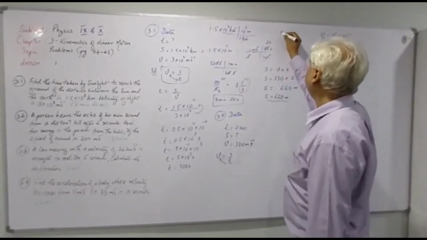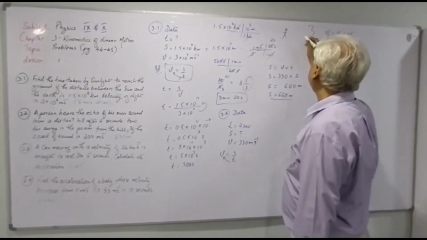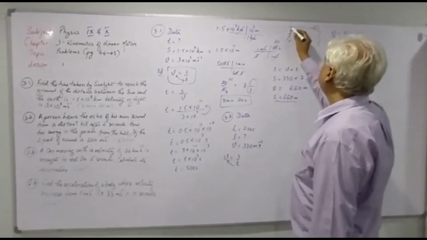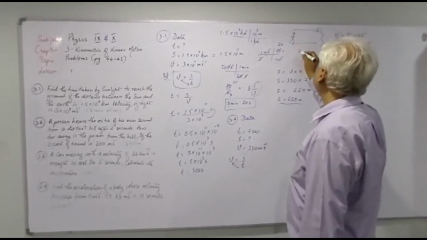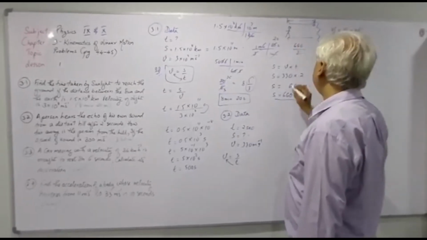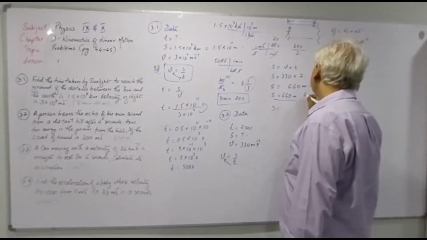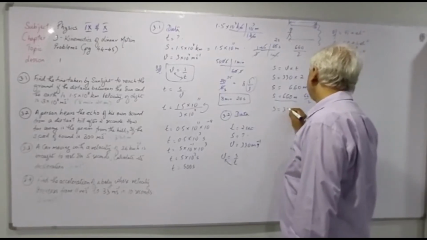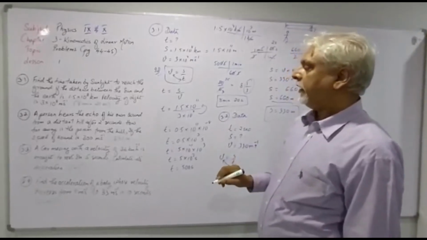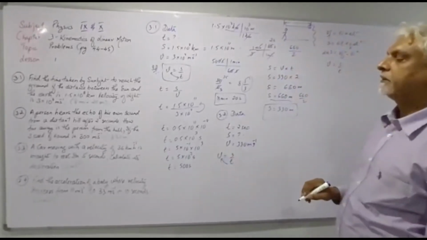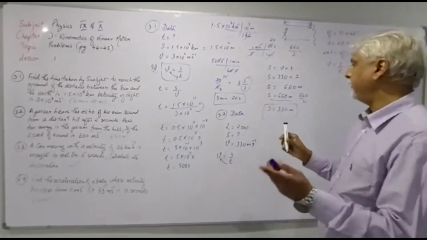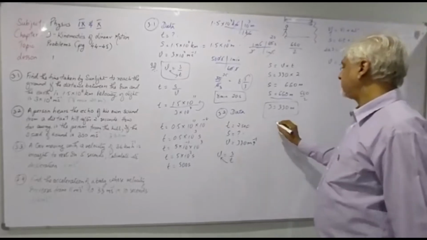That means if he is standing over here, and he hears his echo, it takes 2 seconds for him to hear his sound back. That means we have this distance from here coming back, 660. So what is the distance from the hill? From the hill, it would be half of it, so 660 divided by 2 will give you 2 3s are 6, 2 3s are 6, 2 0. So there you are. So how far away is the person from the hill? If he hears the sound with the speed of sound of 330, he is at a distance of 330 meters from the hill. Right, let's go on to the next question.